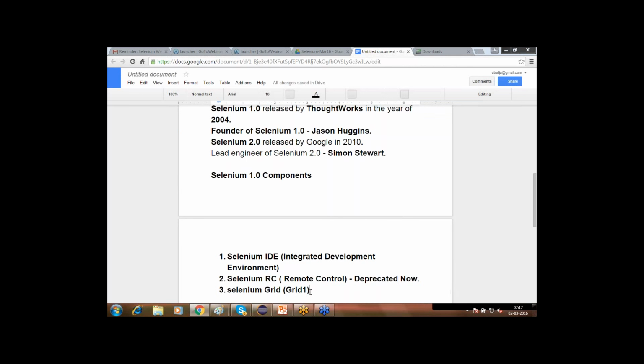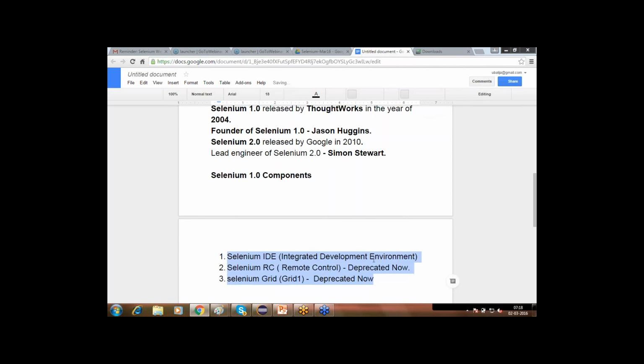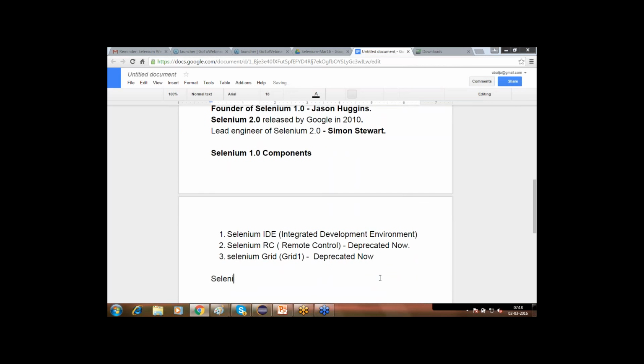So we used to have something called Grid 1. Even this is also deprecated. These are the components in Selenium 1.0. What you are going to learn is Selenium 2.0, and if we look at its components,